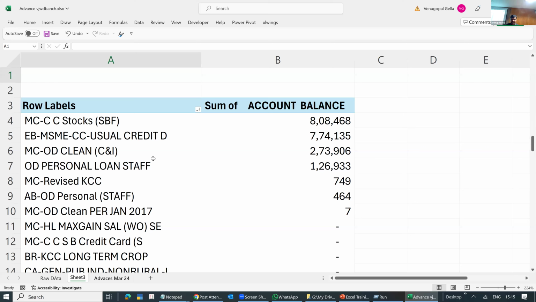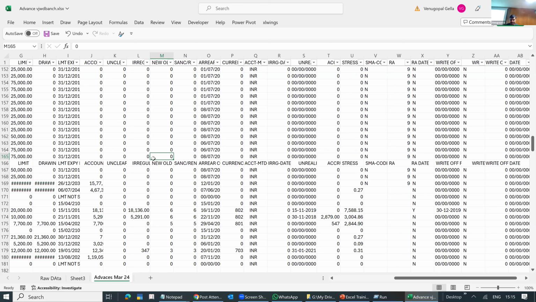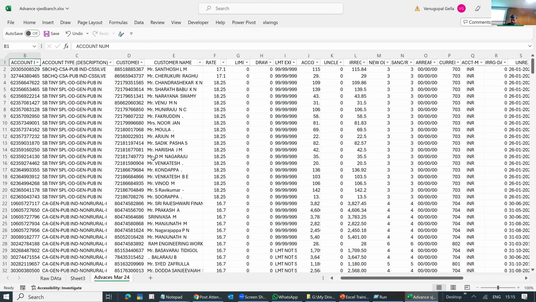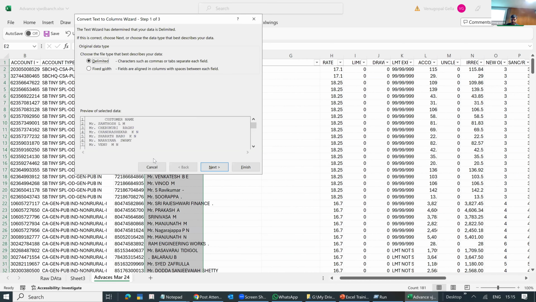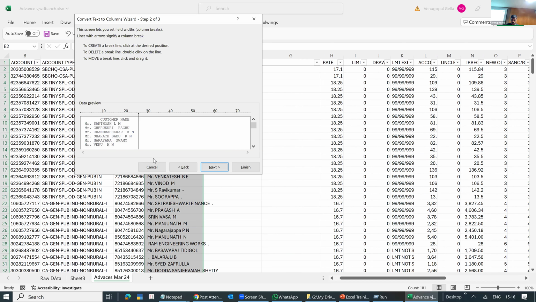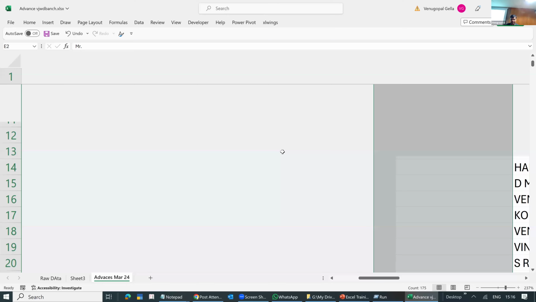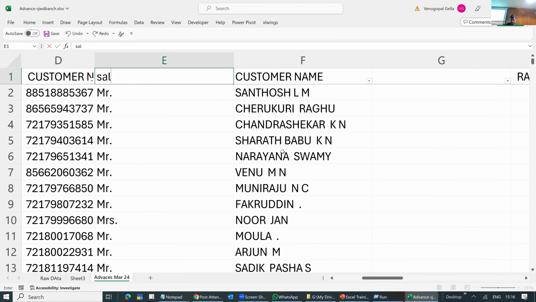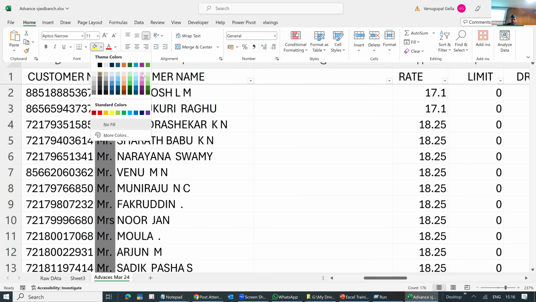Now someone was asking about the concatenate function, how do I concatenate? Let us say this is the customer name in one column, and you have other data in another column.